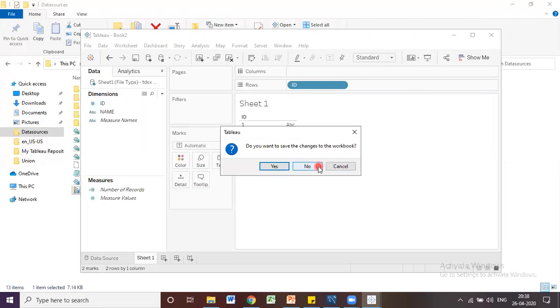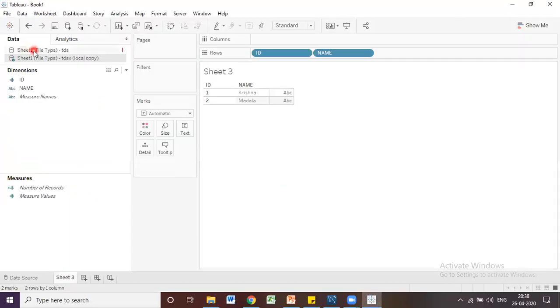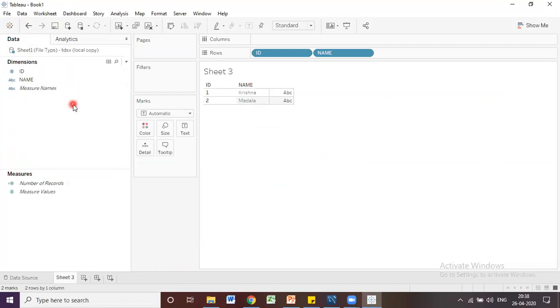Now let's see the Tableau bookmark. Let's go to Tableau Desktop again. I am closing this unnecessary data source now. Now, how do we save anything as a bookmark? What is the use of bookmarks? If you save a bookmark, you can share it with anyone, or you can reuse that Tableau bookmark in other workbooks which you are going to create. It is a reusable component, we can say.